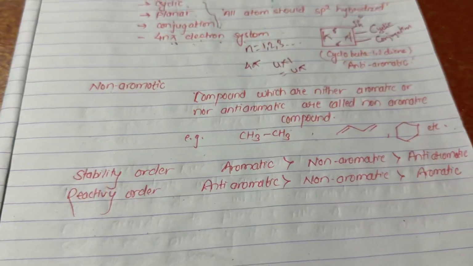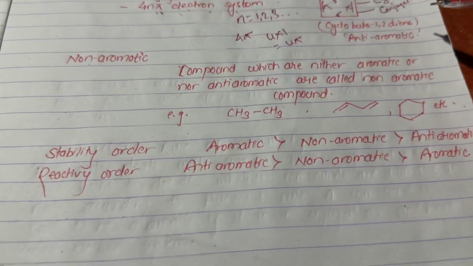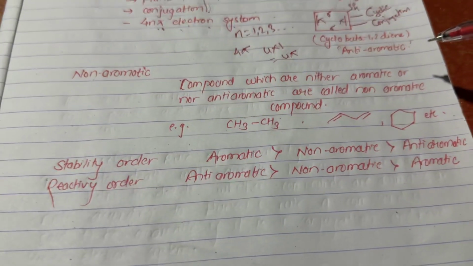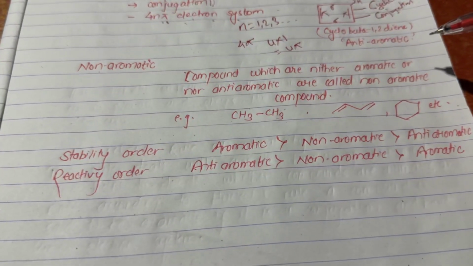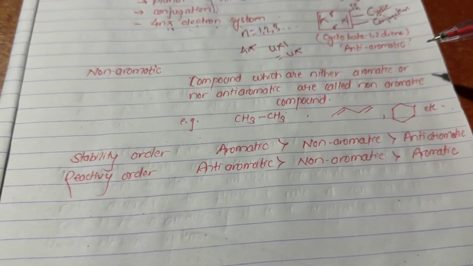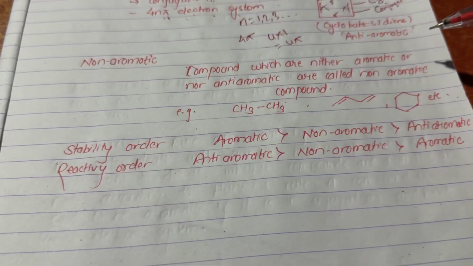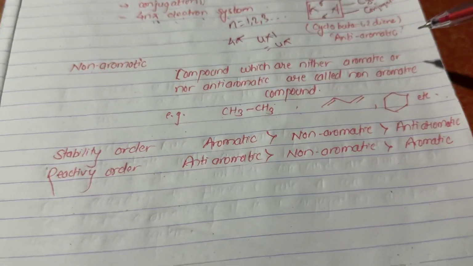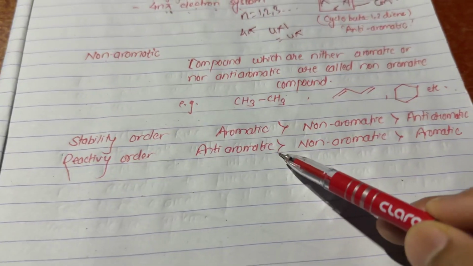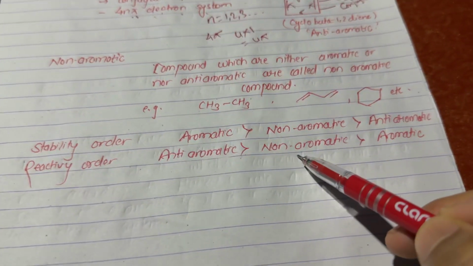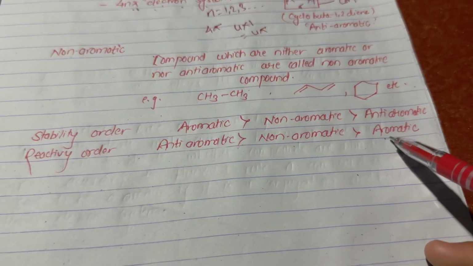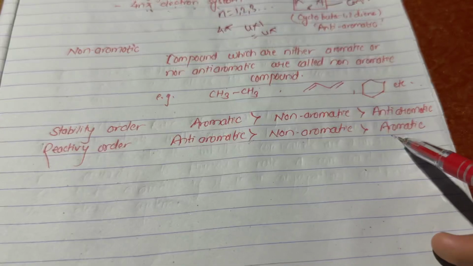The most stable compounds in organic chemistry are aromatic compounds, after that non-aromatic compounds and anti-aromatic compounds. So the most stable is aromatic and the most unstable is anti-aromatic. And the reactivity order will be just reverse. Whichever is more unstable is going to be more reactive. That is, anti-aromatic compounds are going to be highly reactive, whereas non-aromatic will be intermediate and aromatic are least reactive because they are highly stable because of the